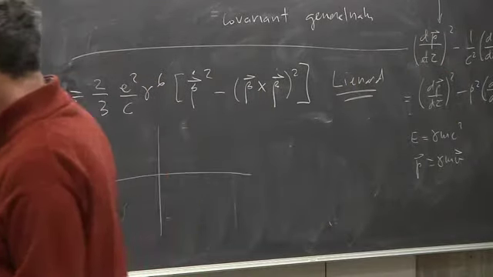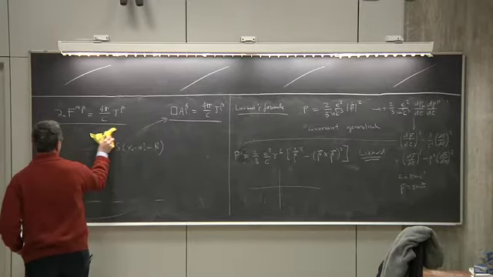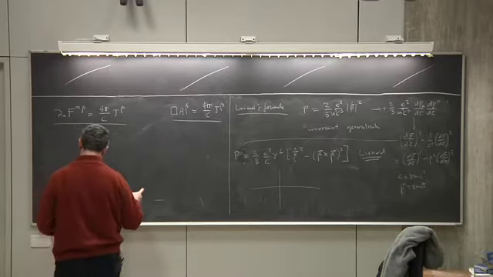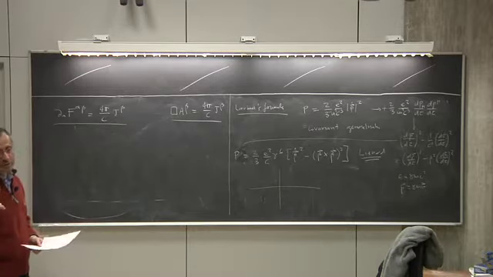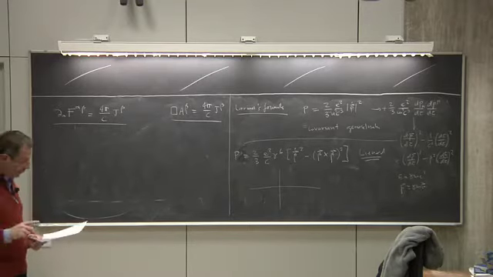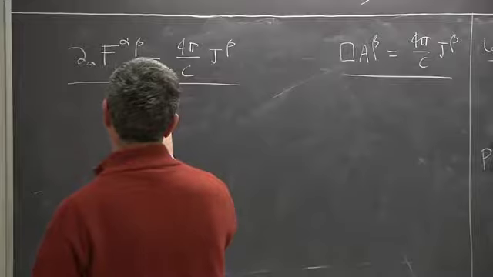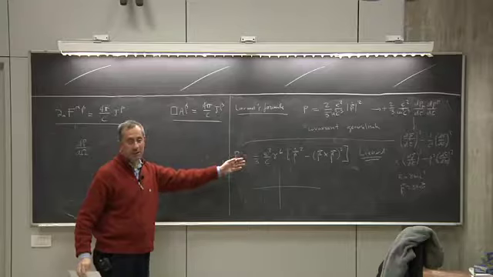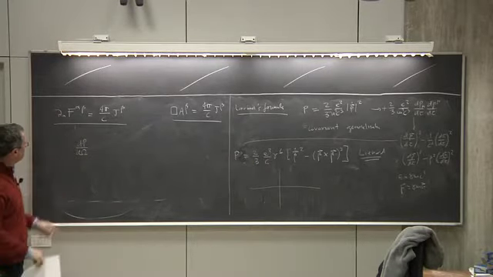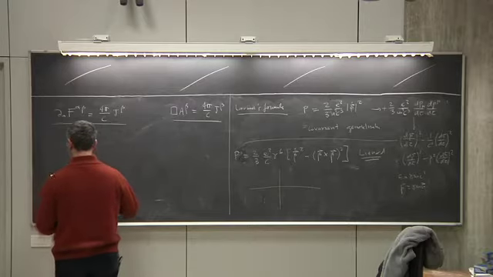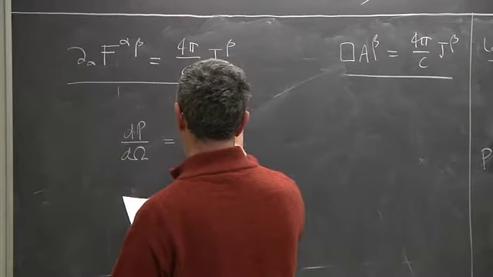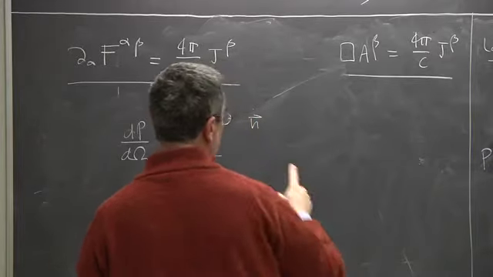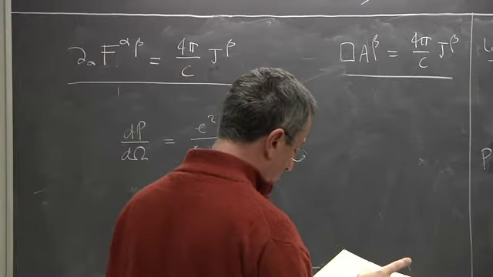So what I'm skipping here is to write the electric field from our potential, and then from the electric field you keep the radiation part, and then you write the Poynting vector. If you do that, you see that the angular distribution of the power emitted, this is the total power, right, has this form here. I just write the result. This is the norm, the unit vector between the